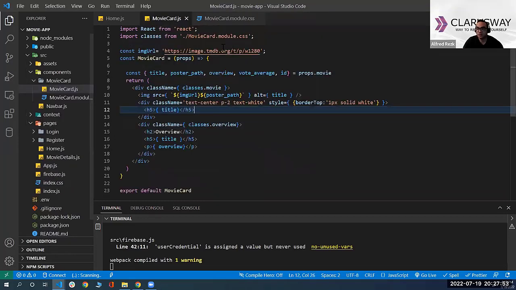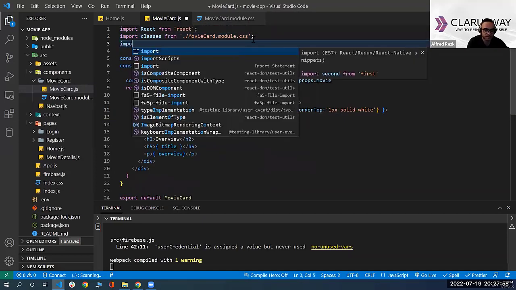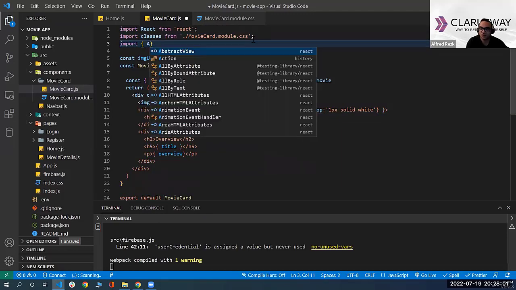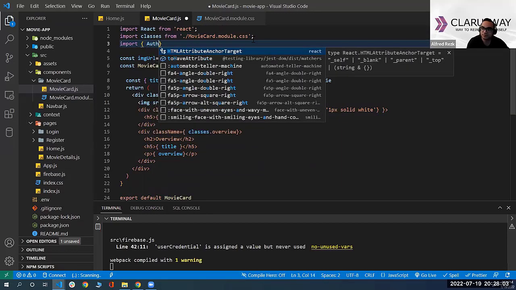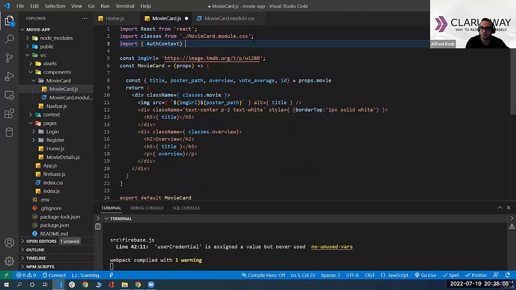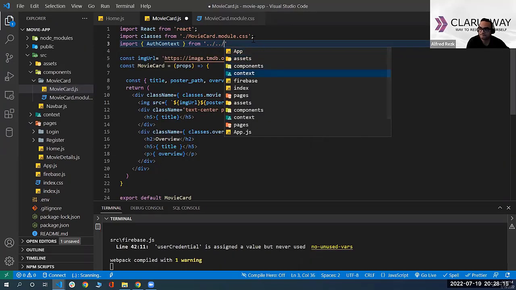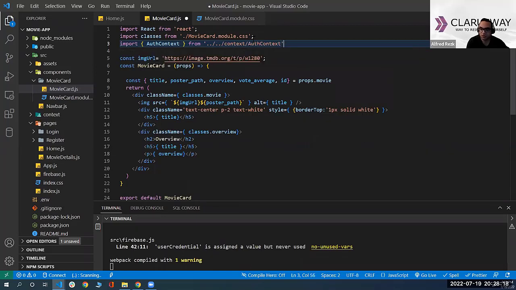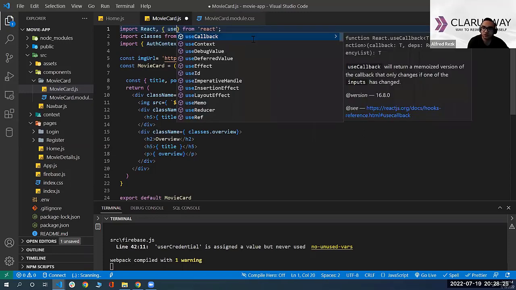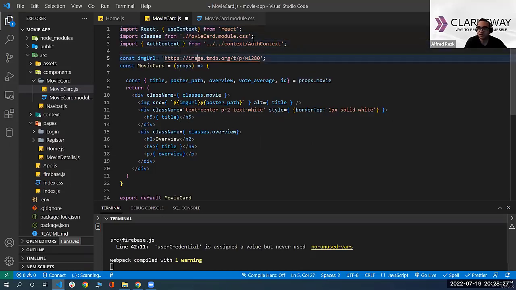And all you need to do here to get the current user is to import the AuthContext from context, and also from React, we're going to consume this context. So we need useContext. Once you have useContext,